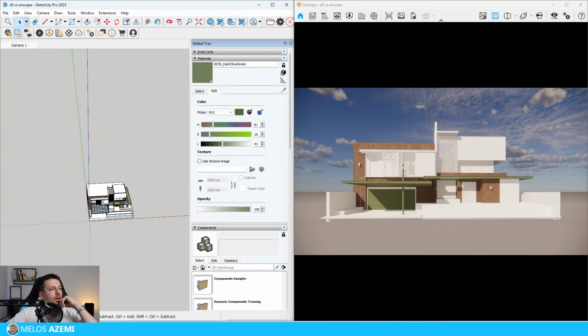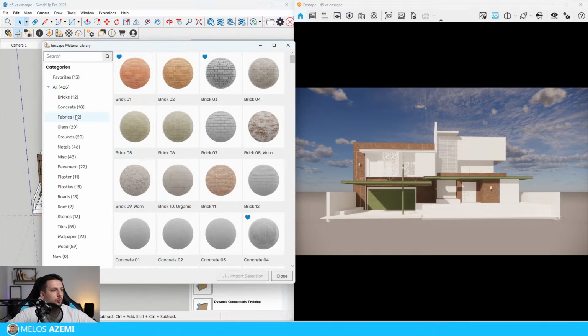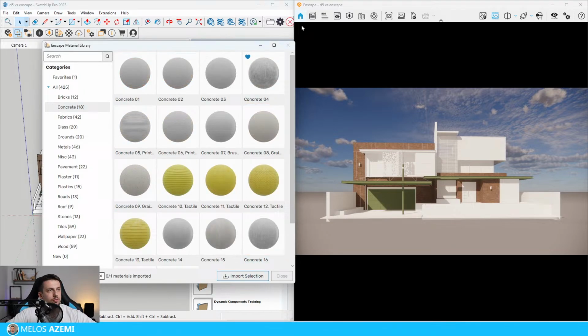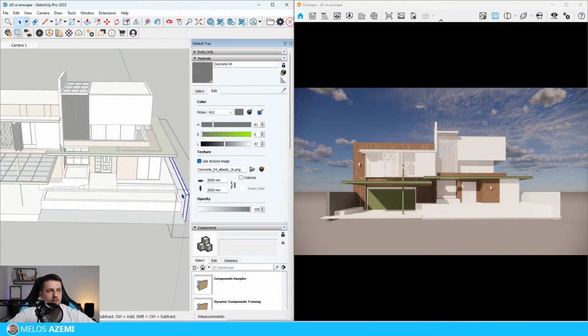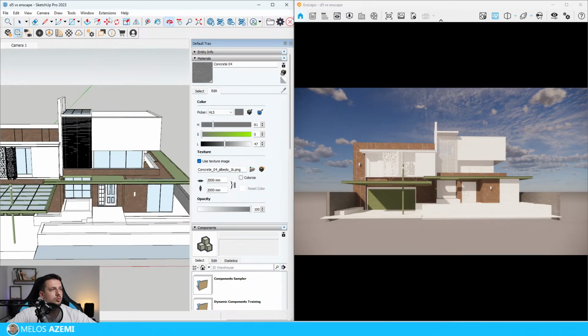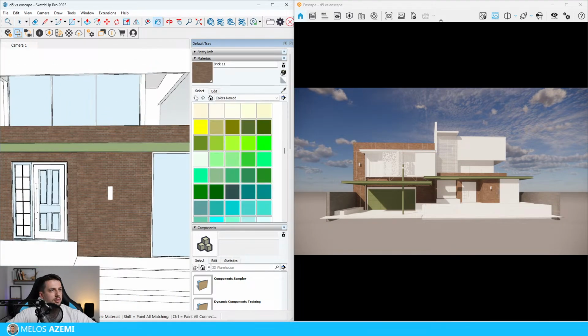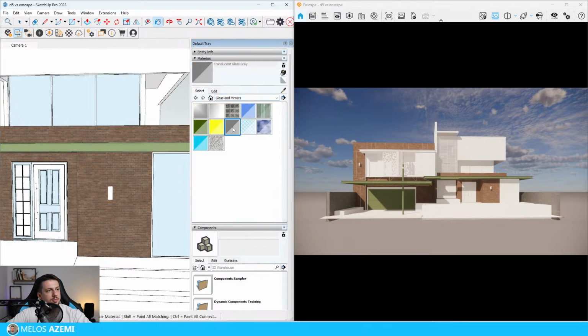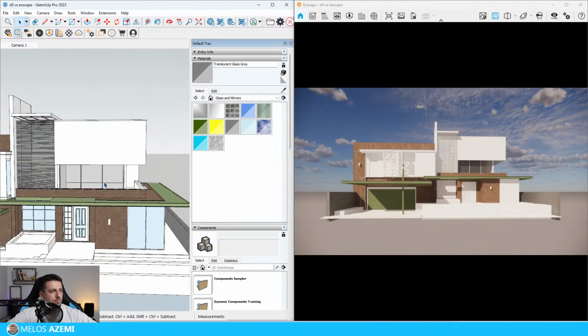Okay, now what I'm going to do is, let me go ahead and find some more materials here. I'm going to go to concrete. Let's use concrete 04. And I think I'm going to use the concrete material for these walls, right? For the surrounding walls over here as well. And also I am going to use a glass material. So this is supposed to be glass, no? Yeah, I think it is supposed to be glass. So let me go to glass and mirrors. Let me choose this glass material and I'll apply it on these,